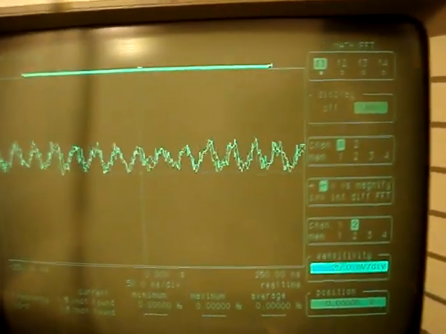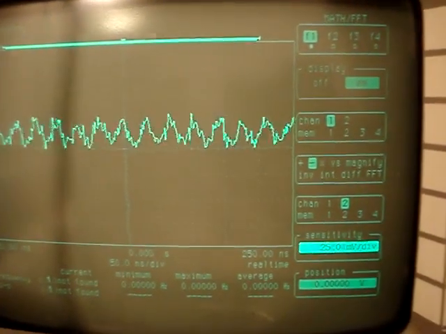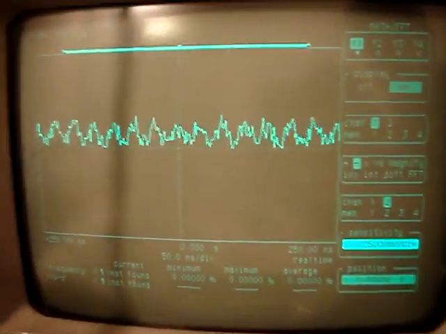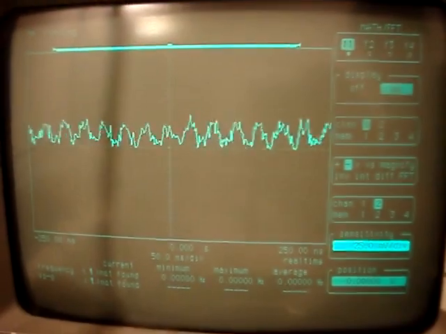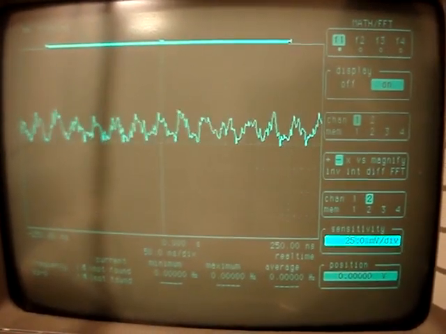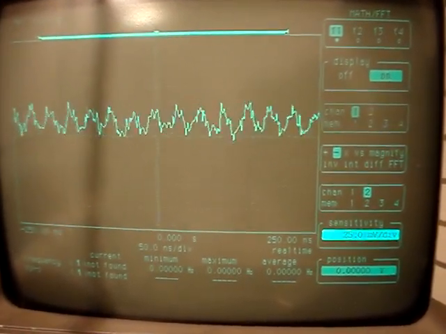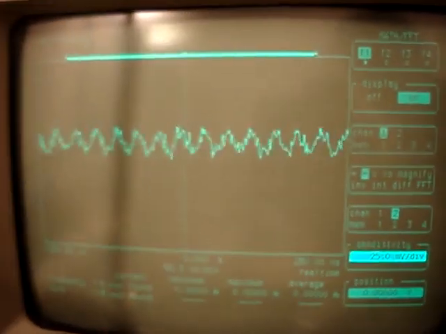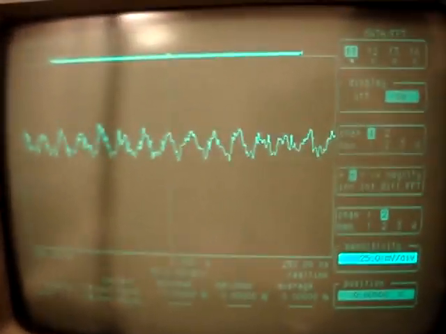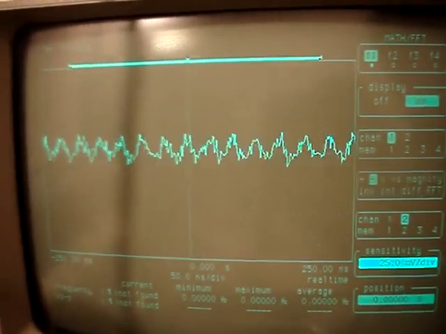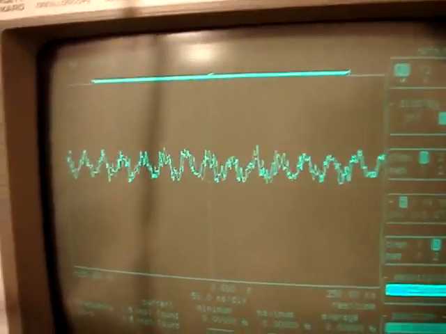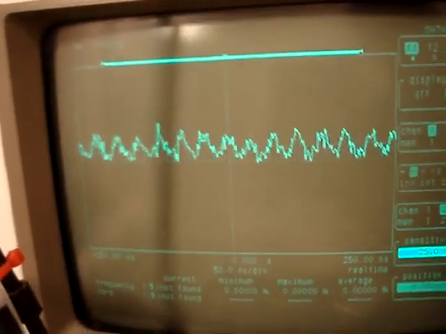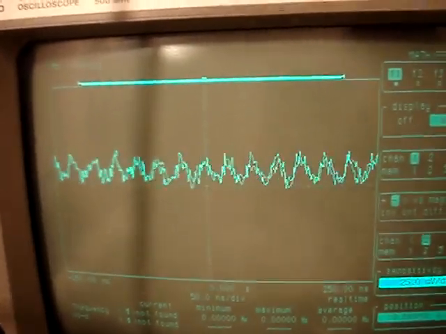Here is the same waveform at about 30 megahertz, and you can see that I have set the sensitivity of the scope to the maximum, 25 millivolts per division. So this waveform is about a division, so it shows about 25 millivolts of difference between the two signals. However,